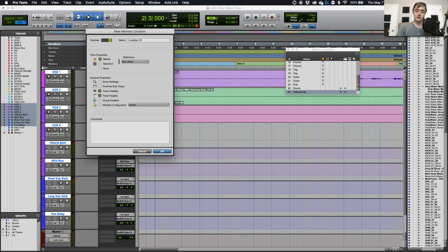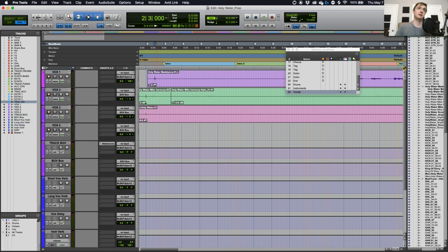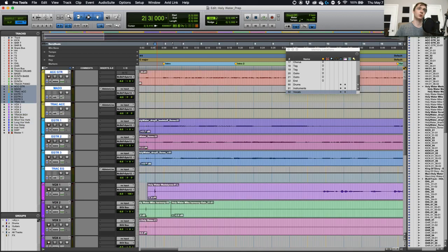side of your keyboard. I don't have one of those, so I have to use the function key. So now I'm going to do a vocals memory location, track visibility, and track heights. And then the last thing is we're going to now go in and select, we're going to add all of